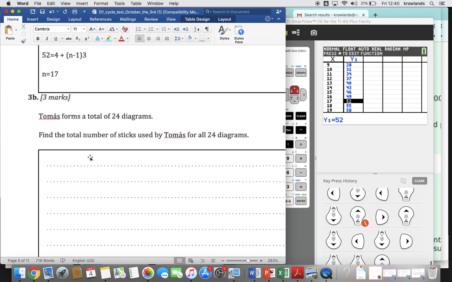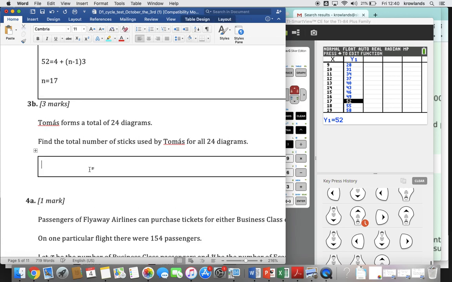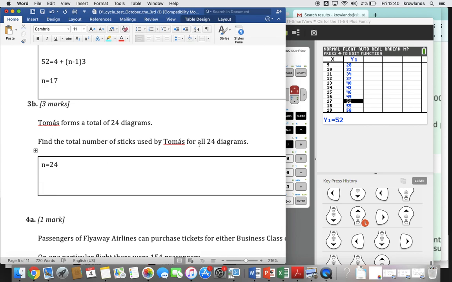Question 3b. Thomas forms a total of 24 diagrams. So you need to think, well, what does this mean in terms of the question? This means that n is equal to 24. Find the number of sticks used by Thomas for all 24 diagrams. Well, the word all means we need to find the sum of something. So we're going to find the sum of